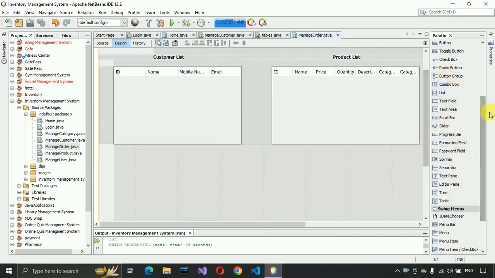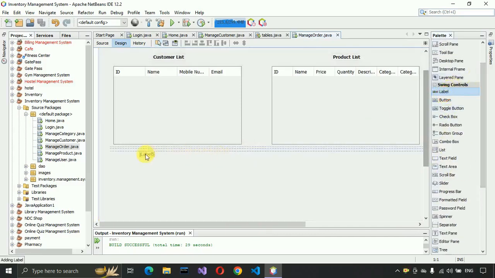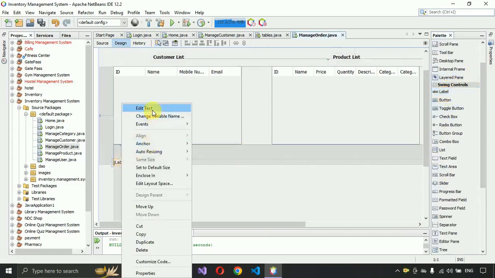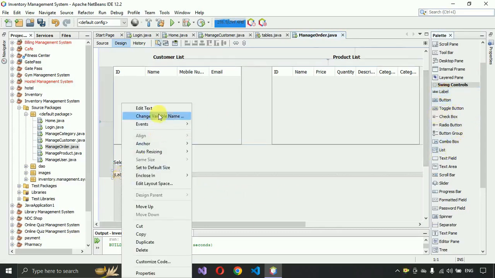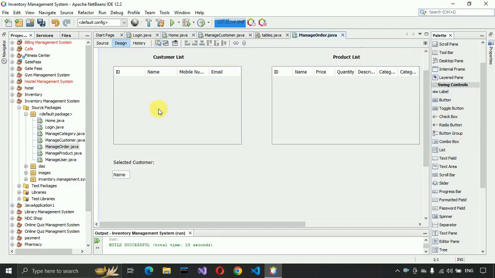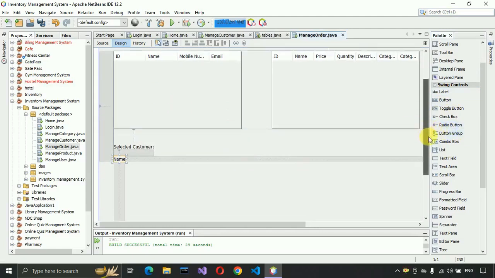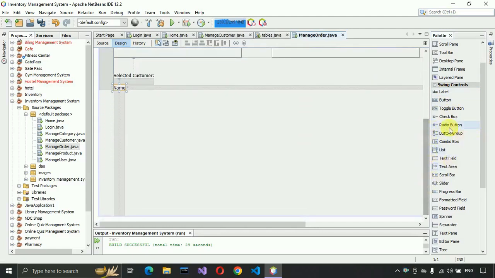So then we have to put here labels. So just going with the label, and here we have to place here selected customer, and after that here we need to put the labels for the name. So here just need to write here name. Let me scroll a little bit. Okay, and then we need here text field. So just place the text field,